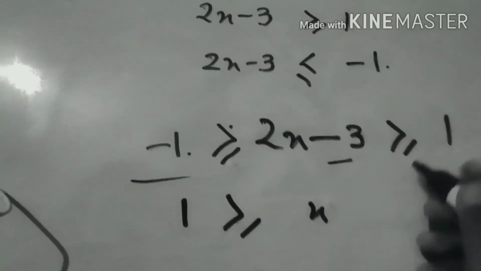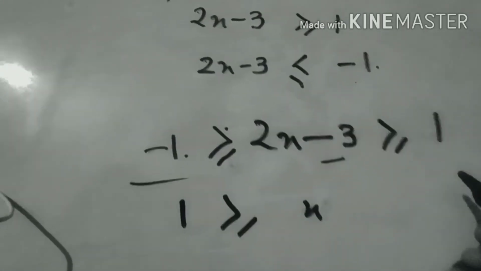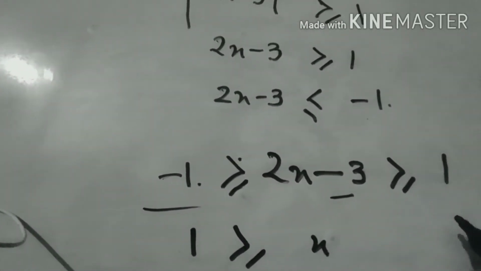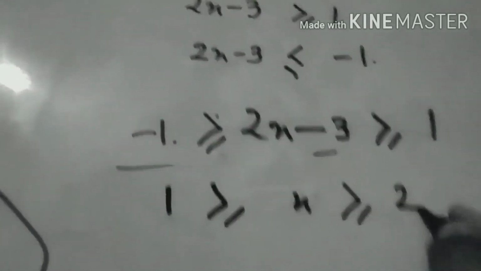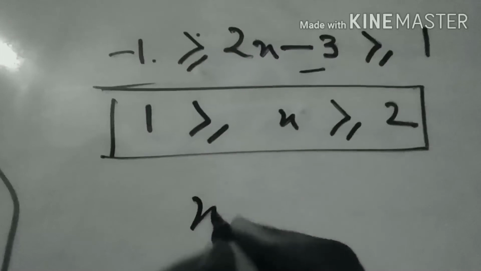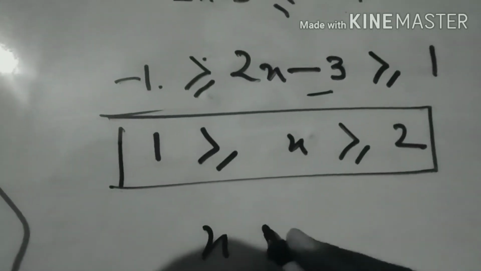So 1 is x, and here it will be 1 plus 3, which is 4, divided by 2, so it will be 2. So the value of x lies between 1 and 2, which means